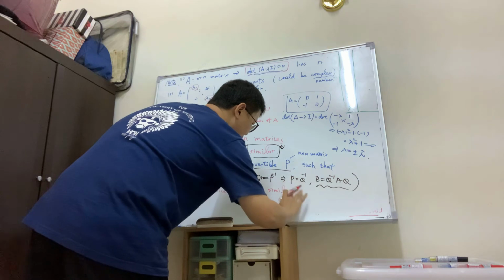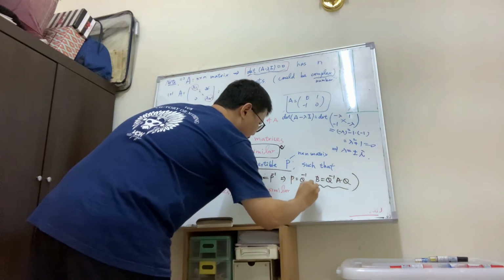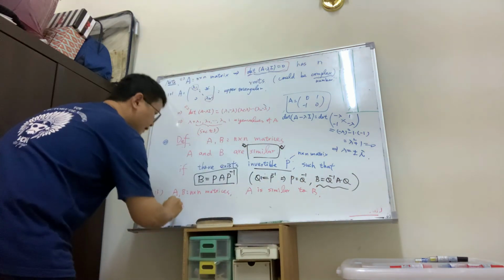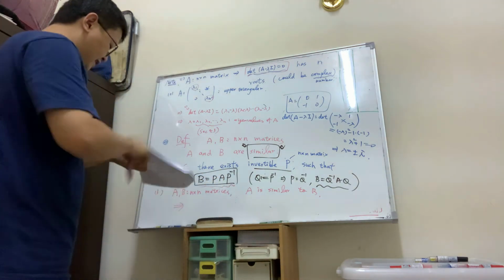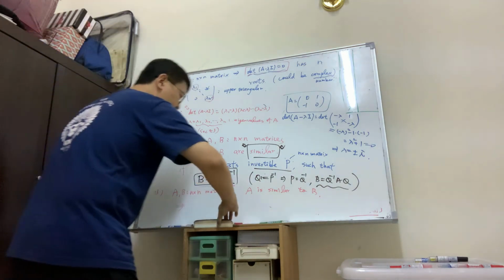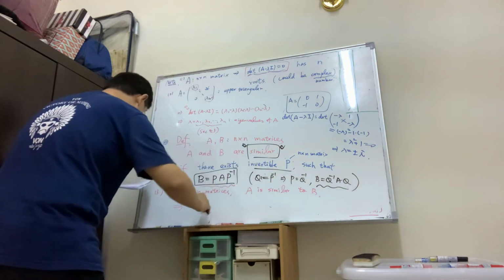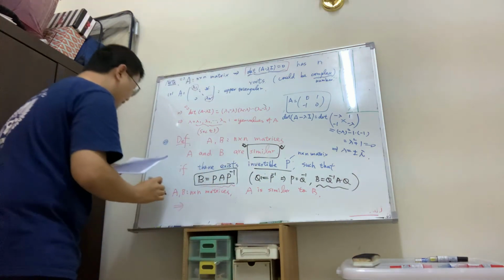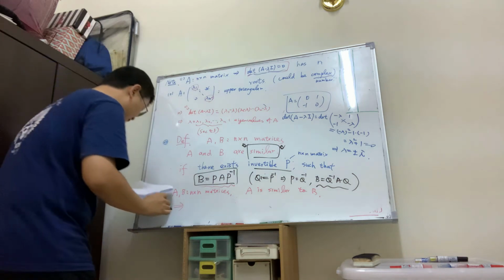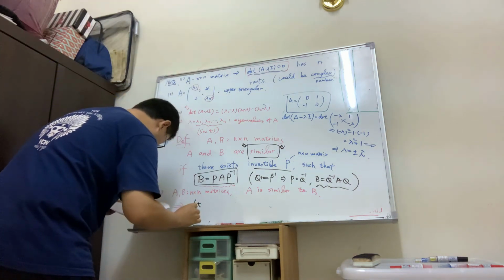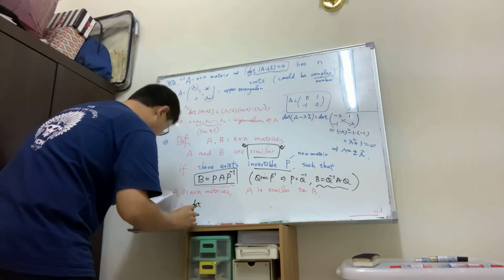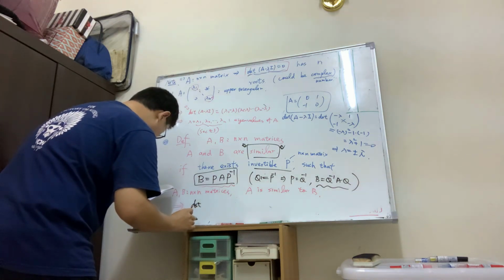Then A is similar to B. Then what can we say? A is similar to B means that we have this result. Just follow the definition. And with this definition, what can we say? They have the same characteristic polynomial. I mean, if you consider its determinant of B, let me see. If you consider the determinant, okay,